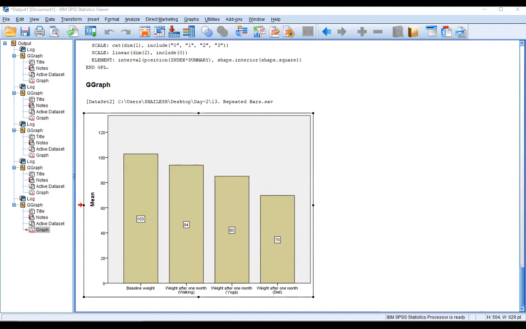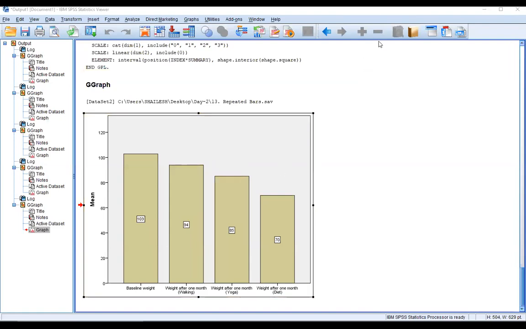So out of the three methods, we find the diet method is more useful than the other two. So if we want to compare our data, yes, color we can do color also. So there is a color scheme we can also do in this.